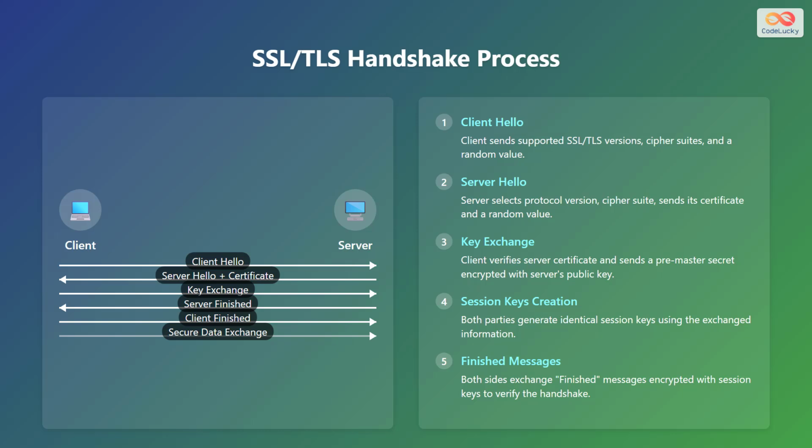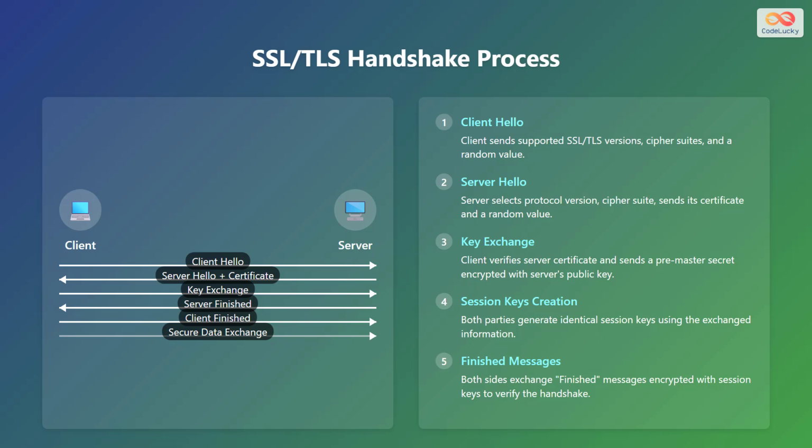begin. To summarize the handshake steps: 1. The client sends a client hello, including supported SSL or TLS versions, cipher suites, and a random value. 2. The server sends a server hello, selecting the protocol version and cipher suite, and sending its certificate and a